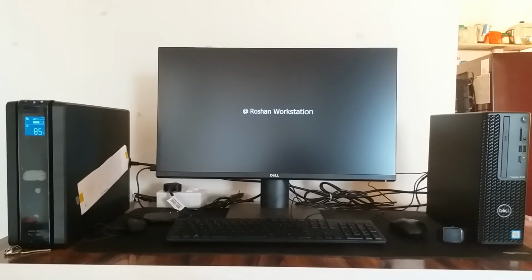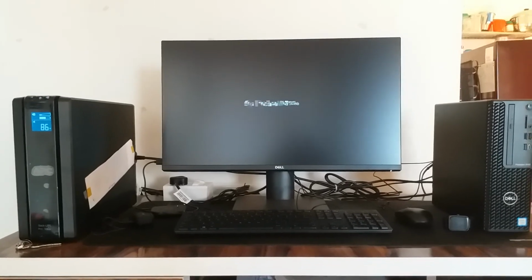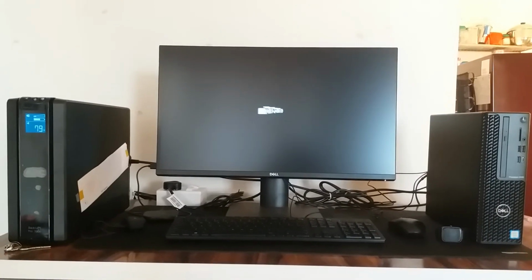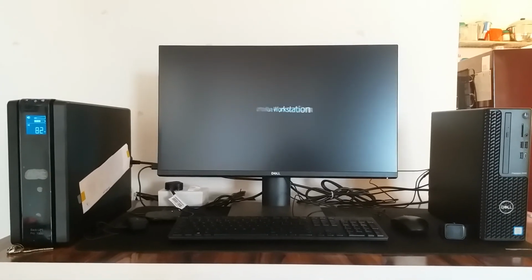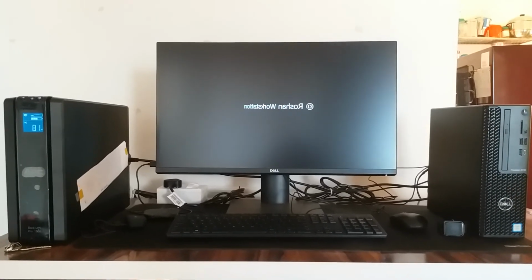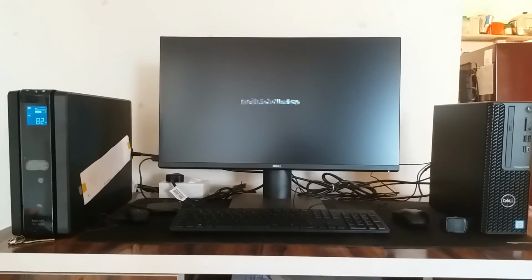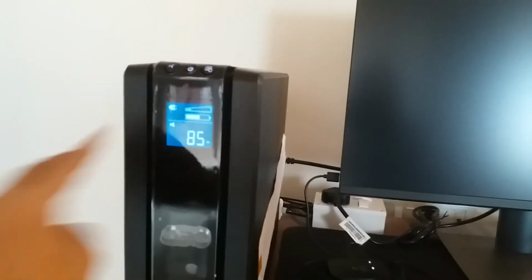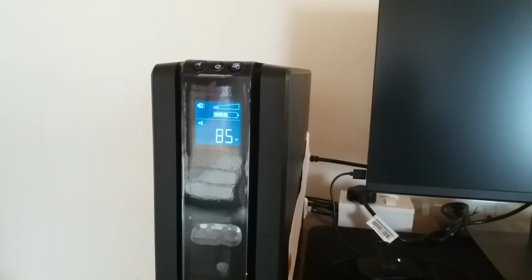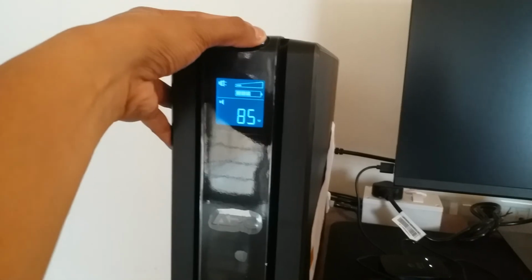So definitely it can give you somewhere around 50 minutes of backup with the current load situation I have specified, that is somewhere around 90 watt. It can definitely give you somewhere around 50 minutes of backup time. Right now the power has come from the utility grid, and that's why you can again check the symbol which was not there earlier. Now the symbol is there, so it means the power is coming from the utility grid. Let me just check it out.